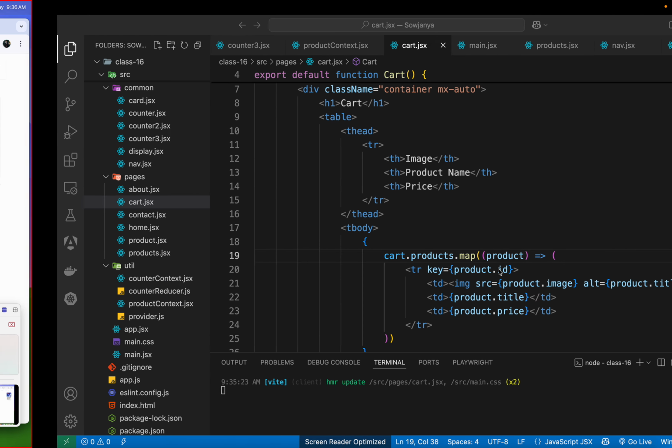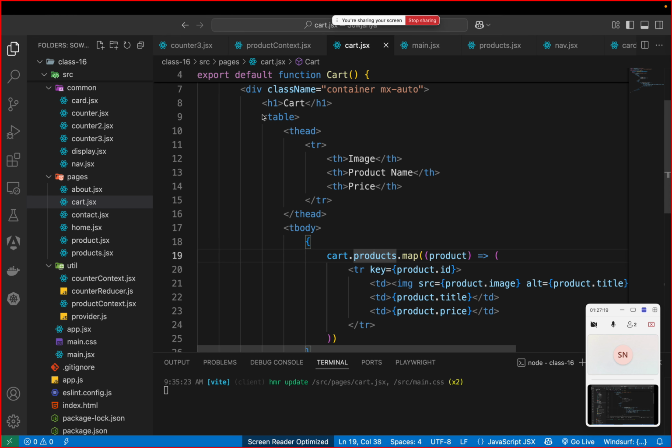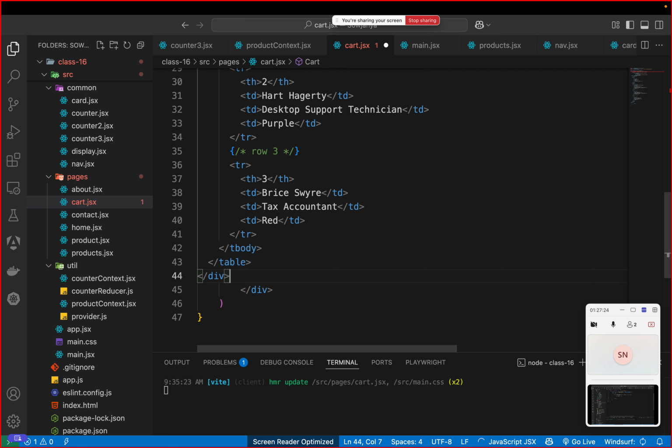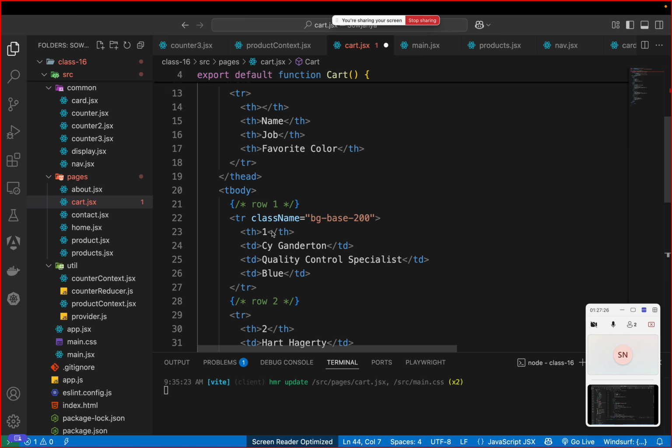I just copy this component and paste the component part here first, and after that